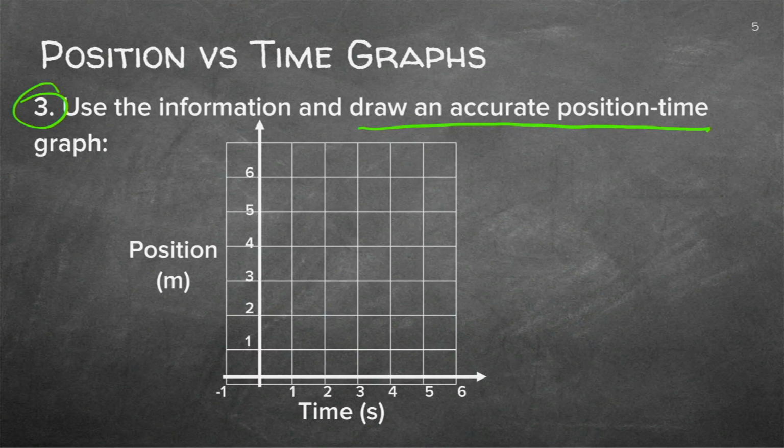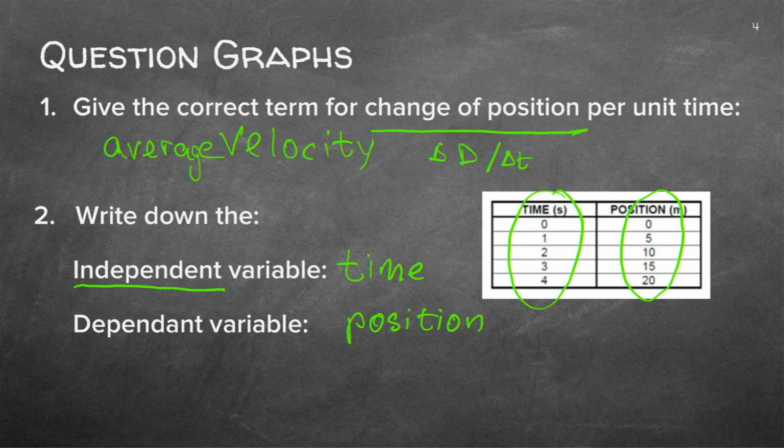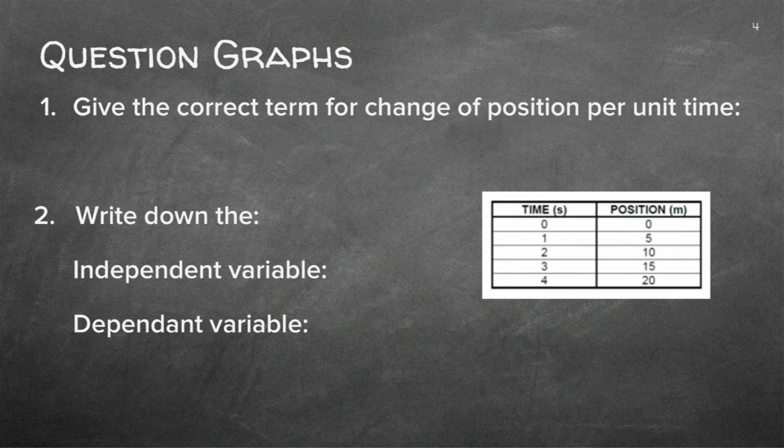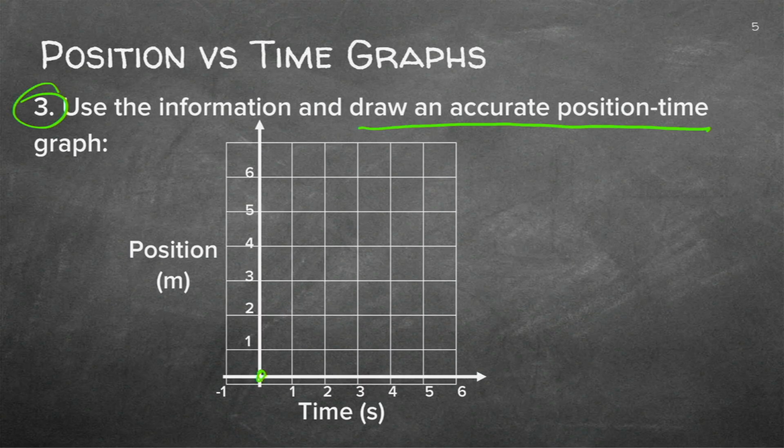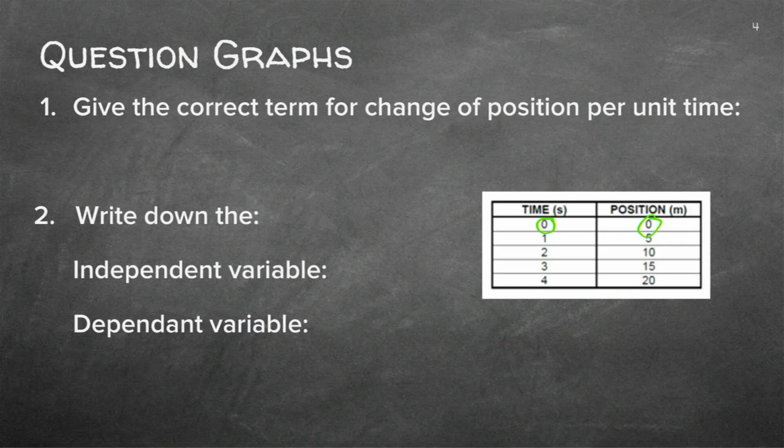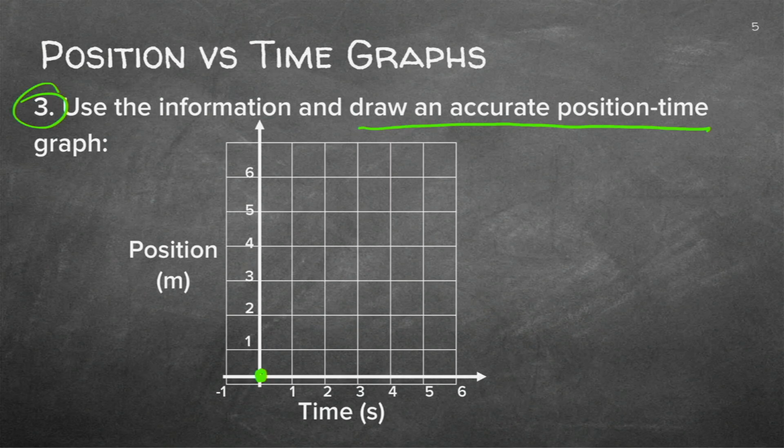Now remember, in the previous set, we actually got all the information to draw the graph. We had 0 seconds and 0 meters. So if we draw our graph, we will have our first point there, 0 seconds and 0 meters. Let's go back. In the first second, it had covered 5 meters. So I'll have to change the scale. 5 meters in the first second.